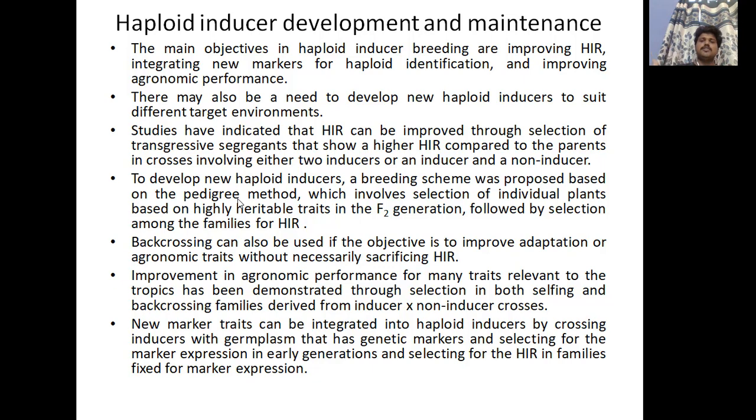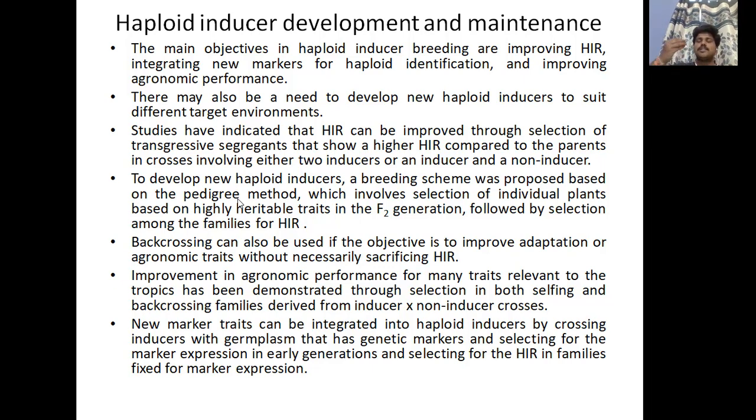There may be a need to develop inducers that suit target environments, and HAR can also be improved through selection of transgressive segregants that show higher HAR compared to parents in crosses involving either two inducers or an inducer with a non-inducer. To develop new haploid inducers, a breeding program has been proposed based on the pedigree